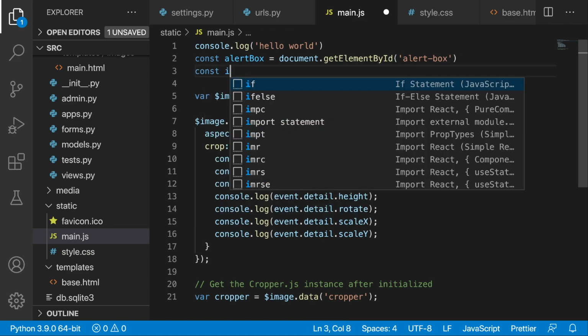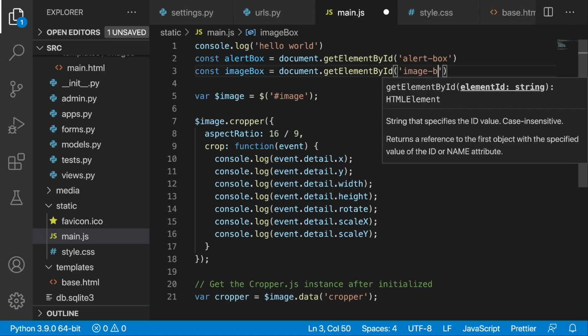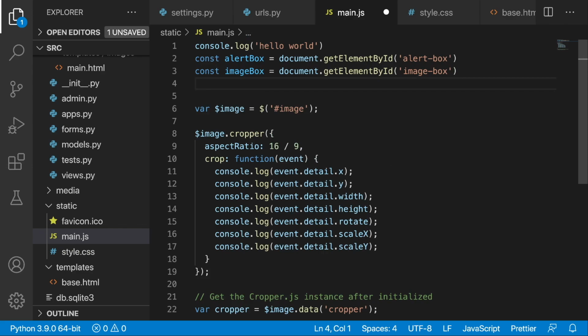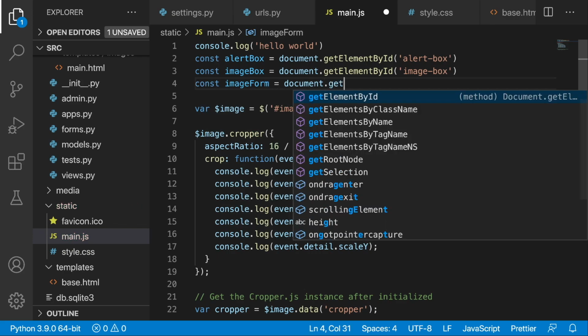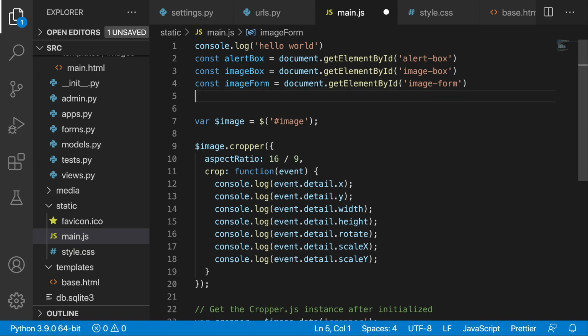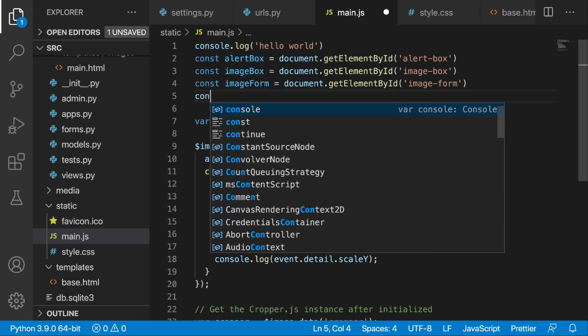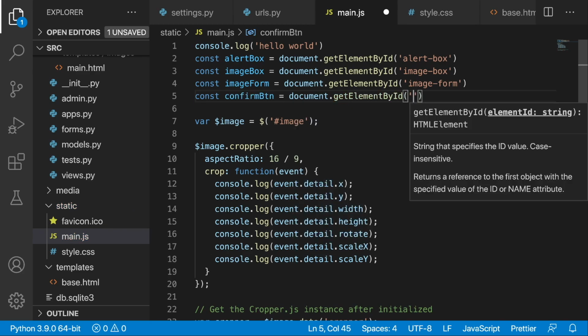So const image box is going to be equal document get element by ID image box, and we will have an image form. So const image form is going to be equal document get element by ID and image form, and then we have the confirm button. So const confirm btn is going to be equal document get element by ID confirm btn,